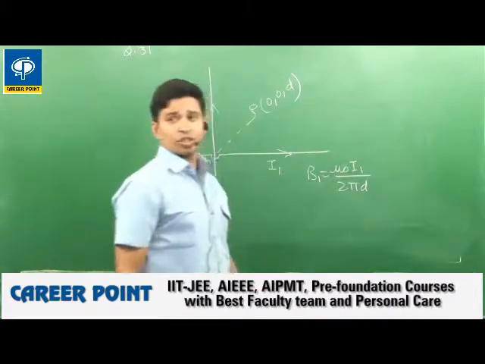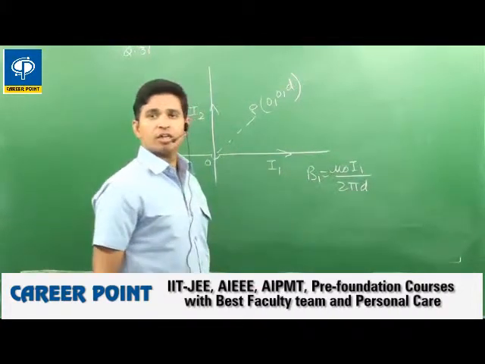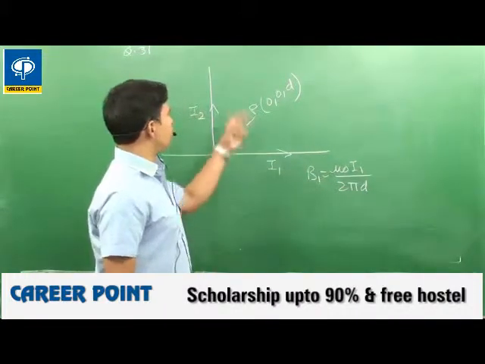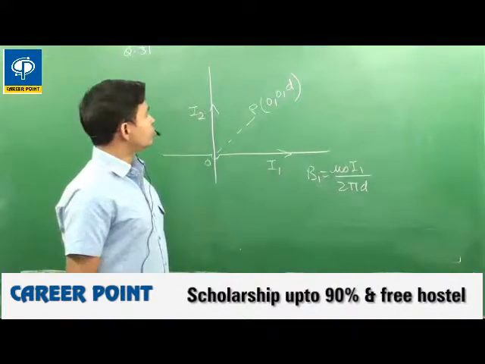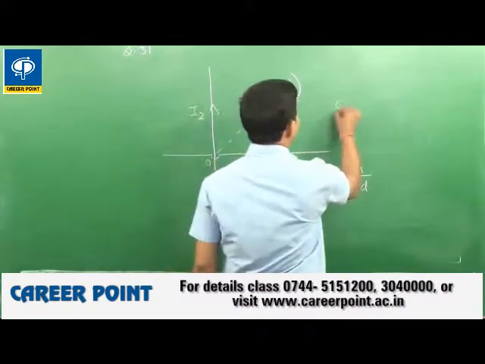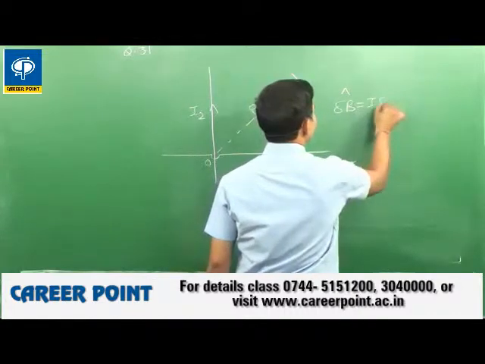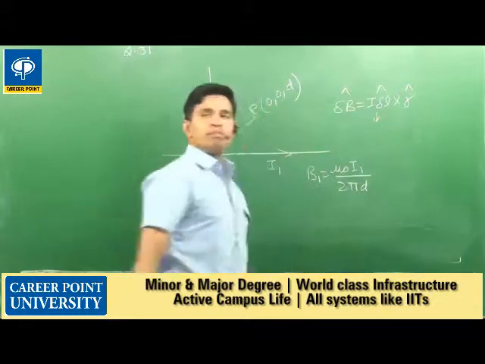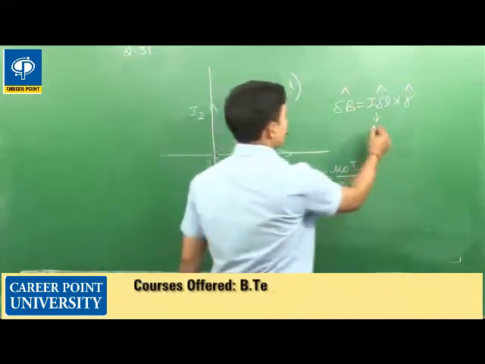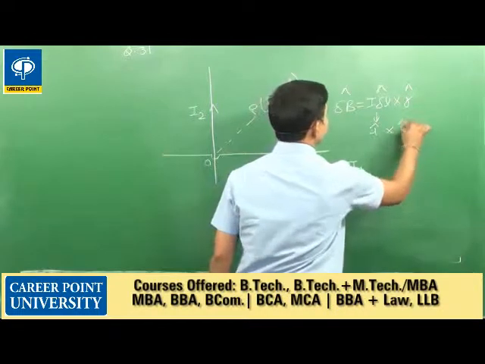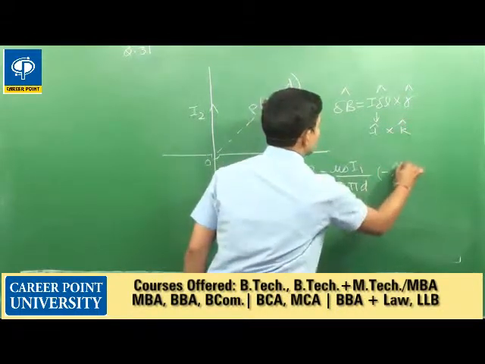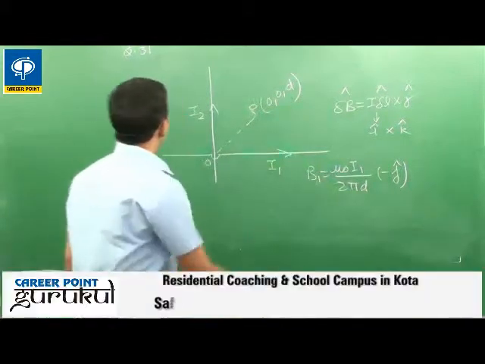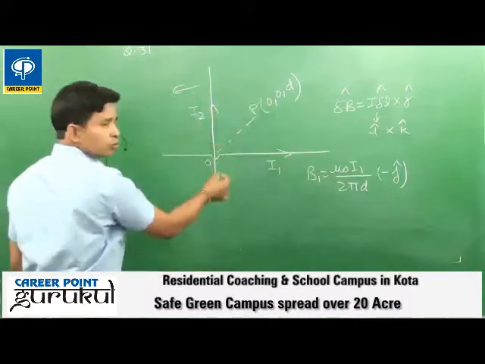Now we have to determine the direction of the magnetic field due to the current I1. Here the current is in the x direction, so it is i cap, and the point is in the z direction, so the direction of the magnetic field dB cap is I dL cap cross r cap. I dL for B1 is in the i direction and r is in the k direction, and i cross k is the minus j direction. So magnetic field 1 is obtained along the direction of minus j,